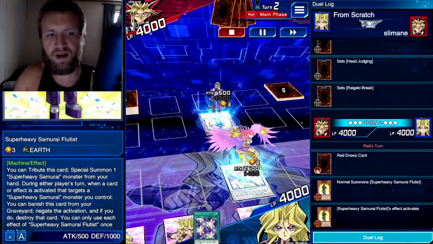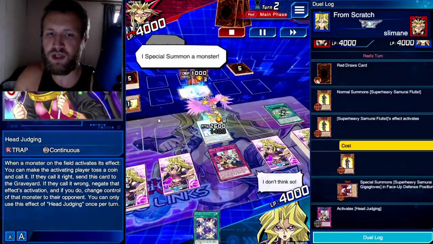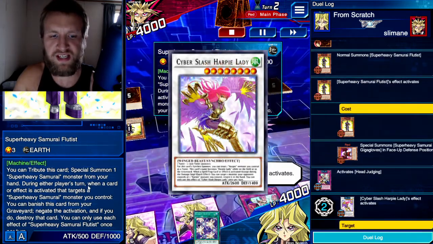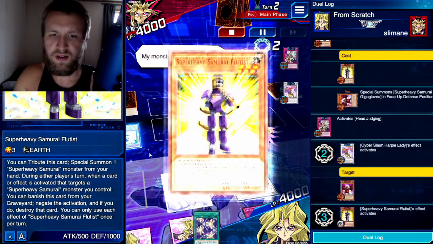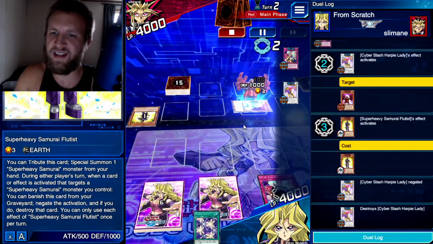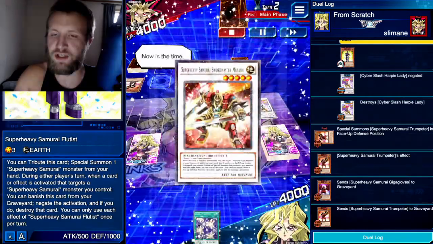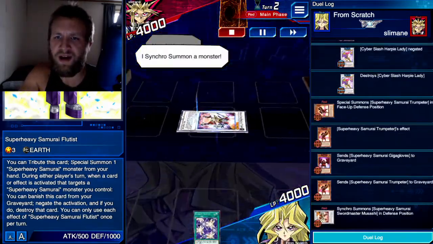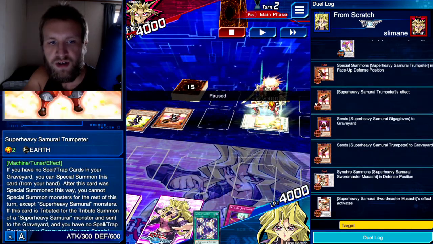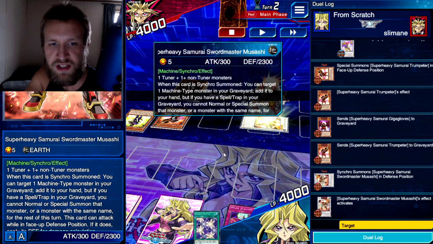The Super Heavy Samurai Flutist comes out. I think I should have just flipped Judge and bounced this Flutist. I was thinking that after the fact, because Flutist has an effect that when a card you control is targeted, you can banish Flutist and negate the activation and destroy that card. And I didn't realize that, so I got my guy destroyed right here, and it put me in a really bad spot. He then special summoned out this Trumpeteer, and then synchroed into Swordmaster